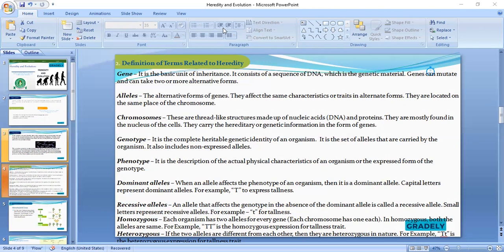You can say if you have white and red, white can be dominant over red. So what you do is that you say white can be capital R and red, which is recessive, can be small r. So between dominant and recessive character, whenever you see a character that is represented with capital letter, know that that character is what? Dominant.